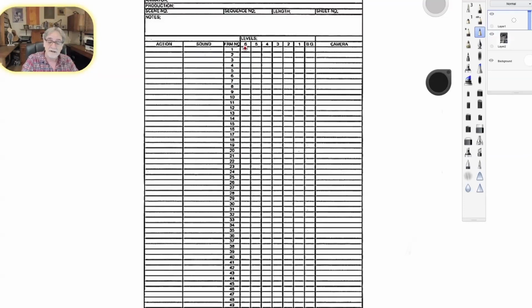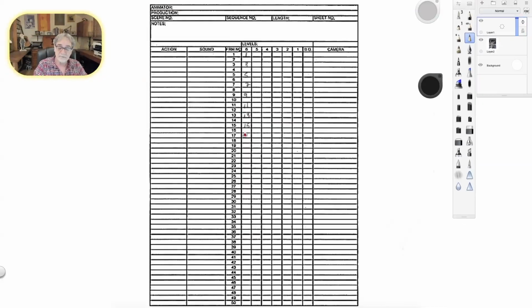When I come in and I put in 1, 3, 5, 7, 9, 11, 13, and so on throughout here, I'm just putting this in there because it makes it easier for me as I'm doing the drawings and I'm figuring everything out.